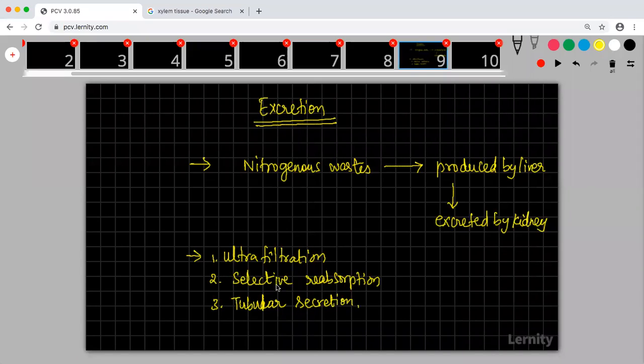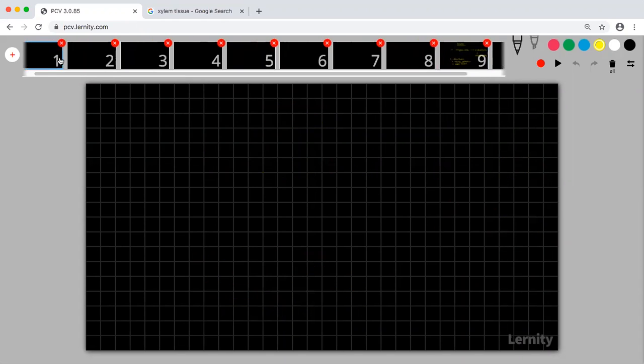So what we are going to study now is this tubular secretion and reabsorption alone in a little bit detailed manner today. Okay. So at the foundation level, you need to understand certain things. At CBSE level, you might not require it, but at foundational level, you need to understand certain mechanisms.